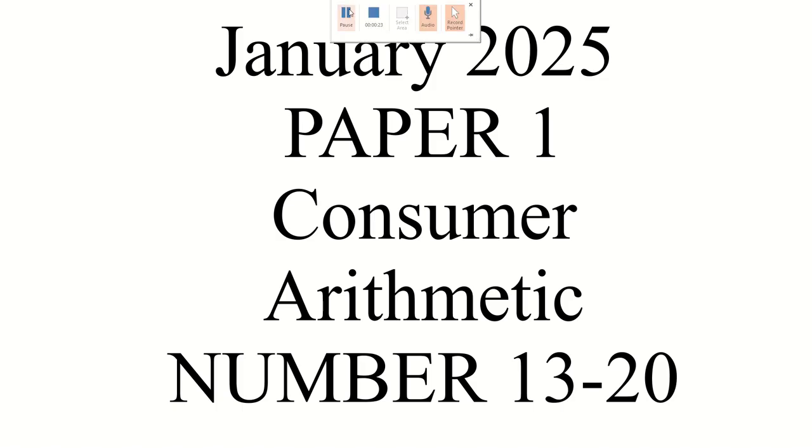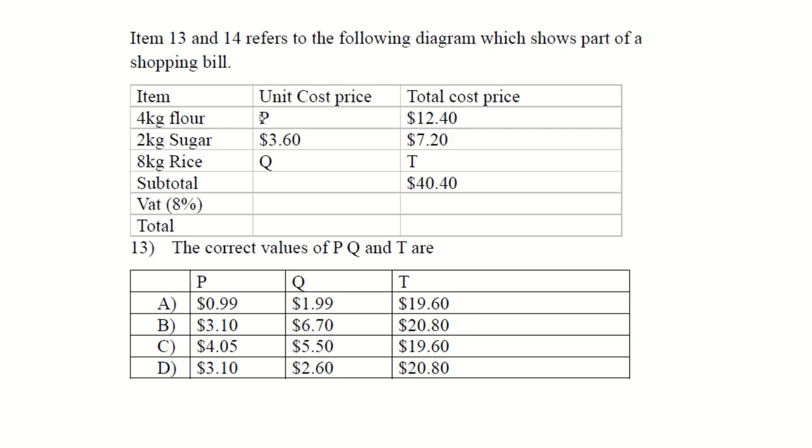13 to 20. Okay. So the first question: items 13 and 14 refer to the following diagram, which shows part of a shopping bill. So they said 4 kilograms of flour. We have the item, the unit cost. Unit cost means the cost per kilogram or per whatever, right? The total price, right? So if they say 4 kilograms